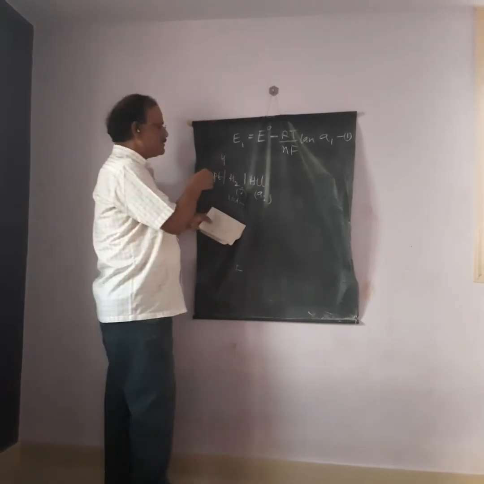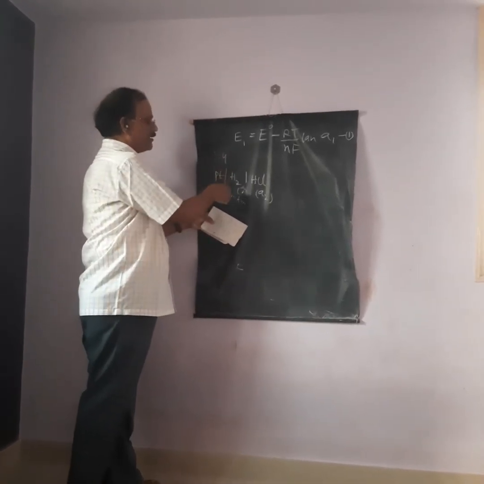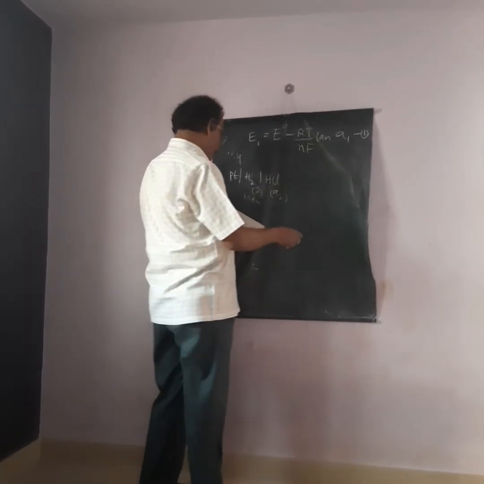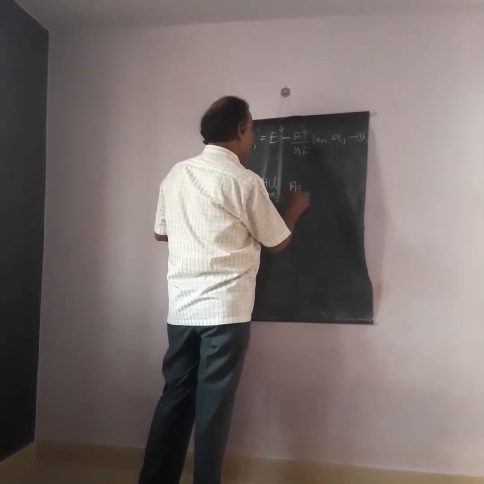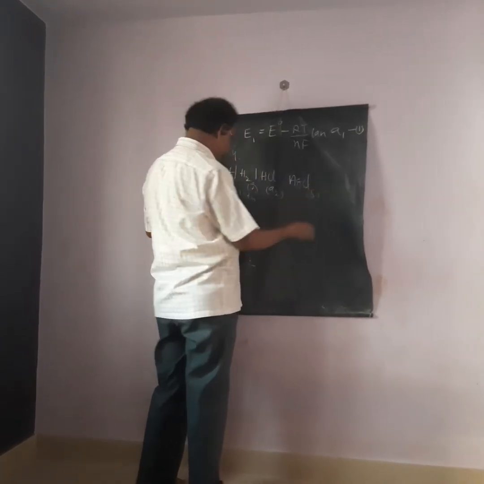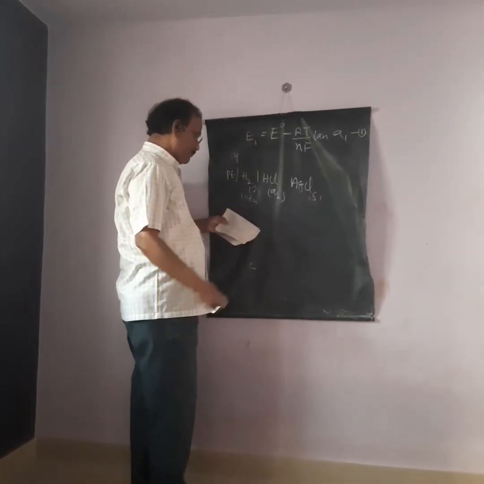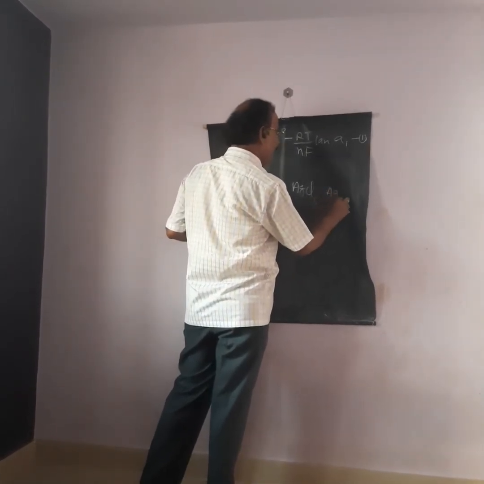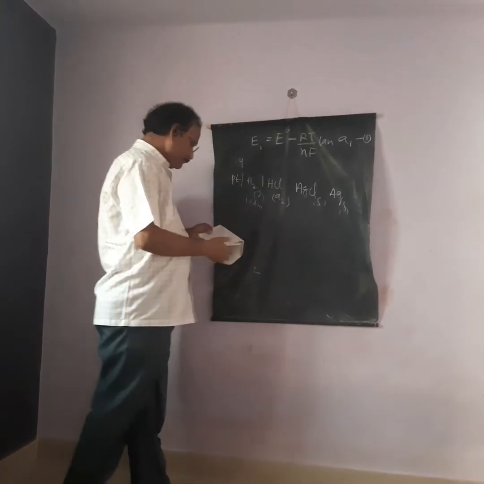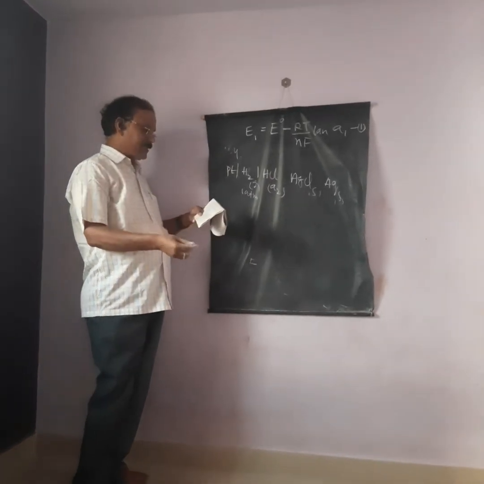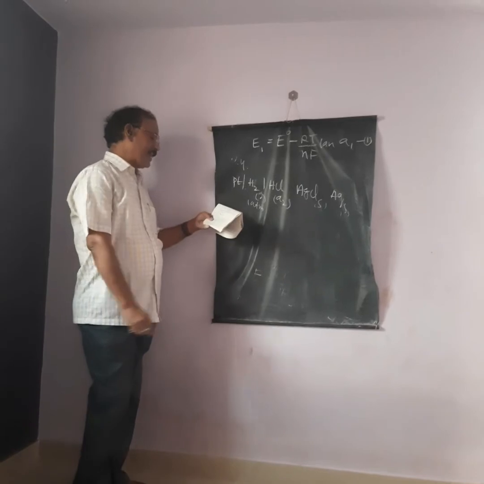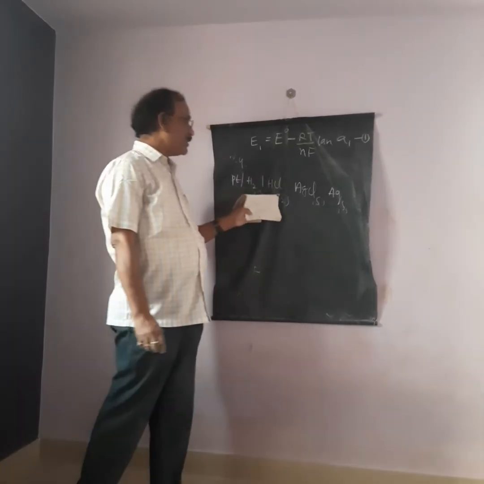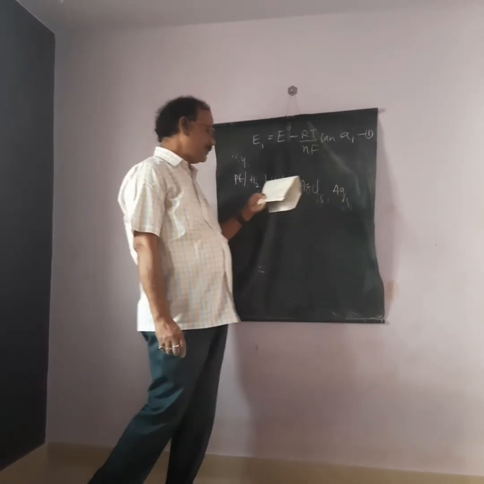Here, one line means they are in direct contact. Here, it is in direct contact with AgCl solid, and in the same manner, the reverse, Ag solid. Now consider the same cell with a different activity of the HCl solution, A2. That is P2H2 gas, HCl at activity A2, AgCl solid, Ag solid.